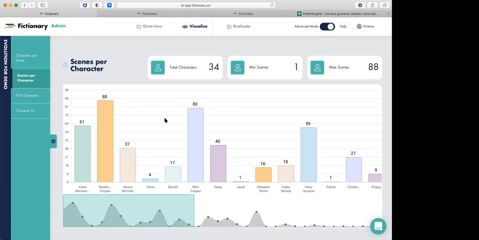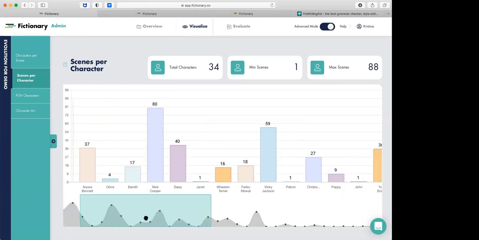The character entry is the first time a character appears in a novel, and it is the beginning of the character's arc. When they exit, it's the end of the arc. So for a minor character, their character arc is very short. One of the things you can do with this insight is look at characters who are only in one scene. If we look over here at Janet, the first one who's only in one scene,